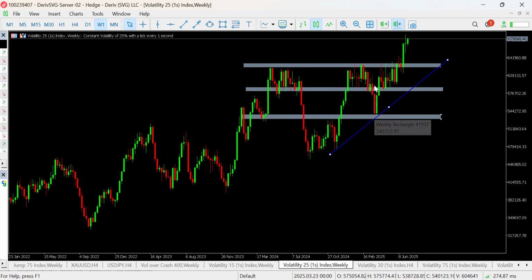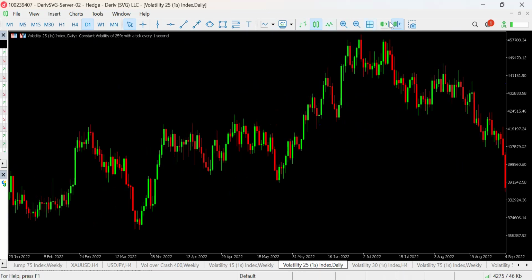So price was rejected from here twice, and then we can see also that price was rejected from this place, and also for 1 to 3 weeks, price was rejected from this zone. So without making the chart look cumbersome, let's go to the daily time frame to see if we can get a structure now to work around. So on the daily time frame,